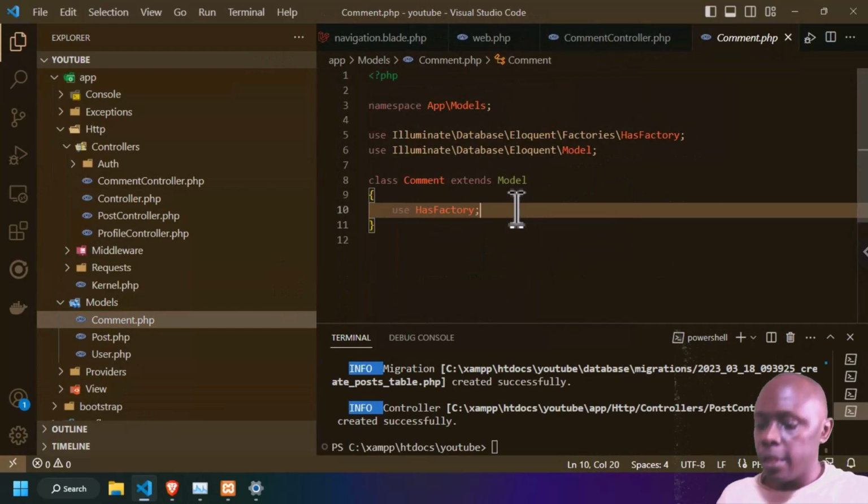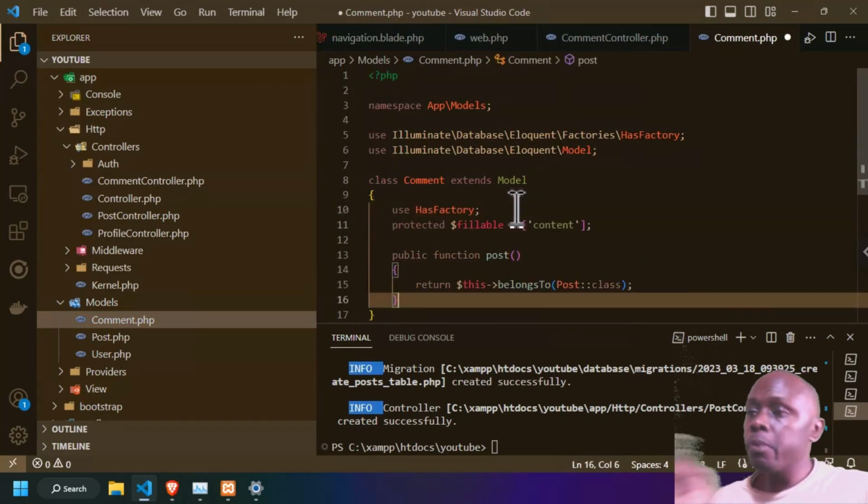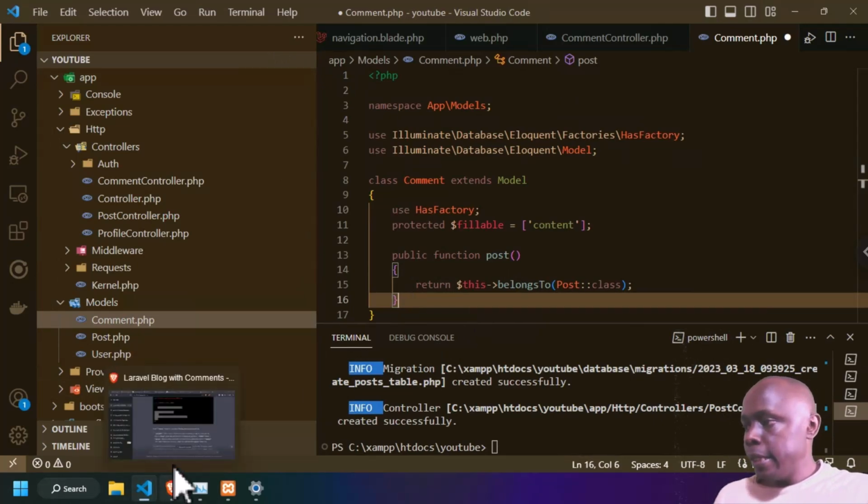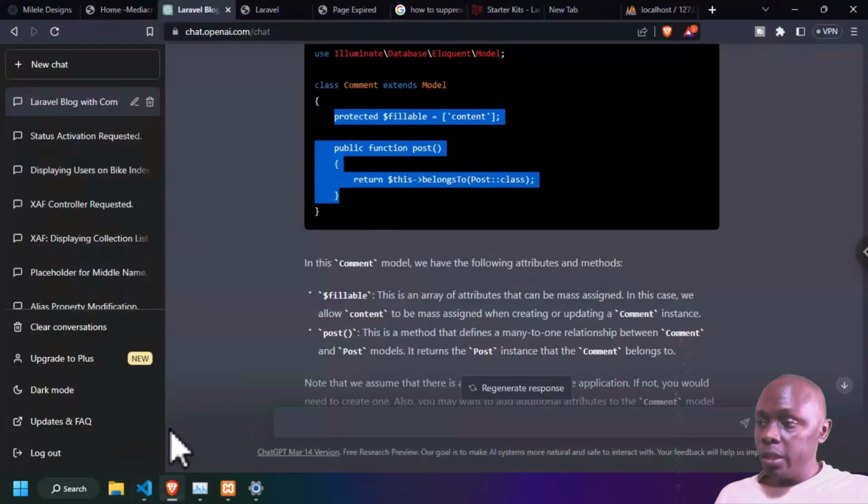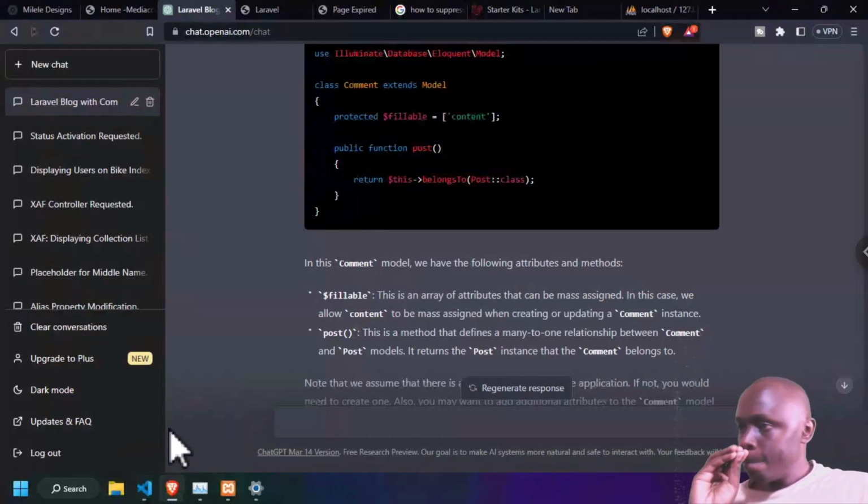Use factory, and then you add the protectable, fillable, and the relationship. So with that, we only have one thing left, that is the relationship between